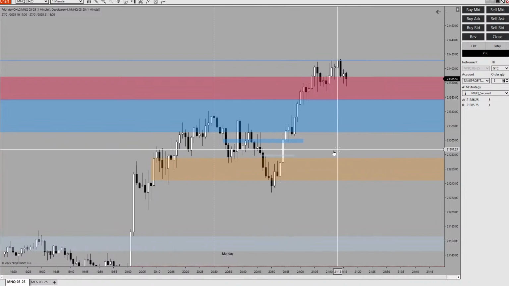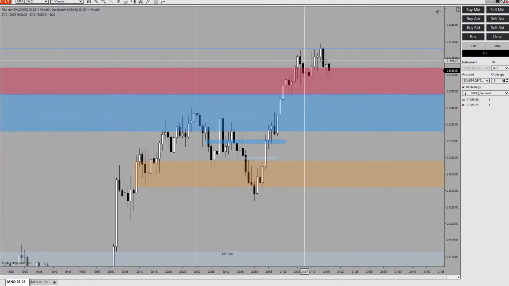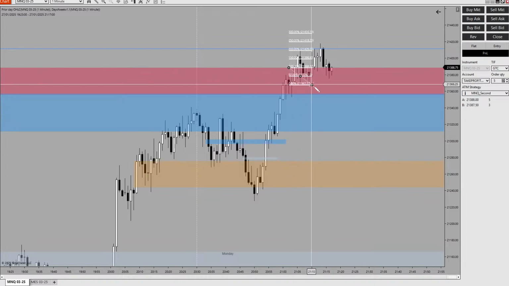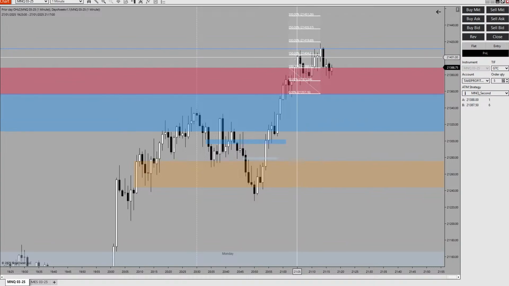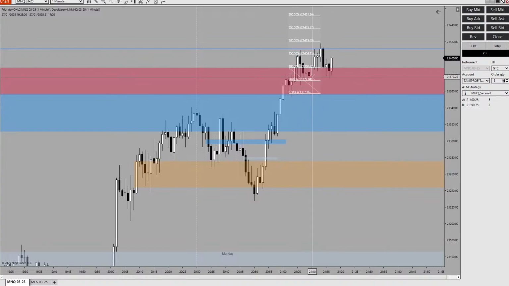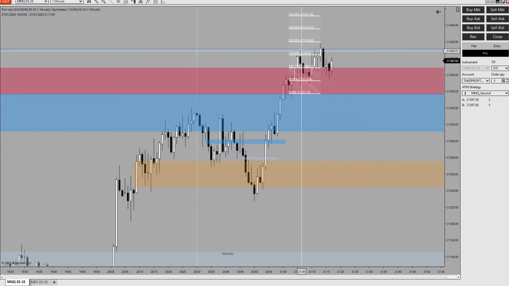You can see I also indicated that this red belt is the balanced price range. If it has to go higher, the midpoint of it should be respected, because we have already gone through that range over here and closed above it. When it is returning back down, it can stab below that midpoint, but I want to see those bodies respecting it. None of the bodies went below that midpoint, and you can see the price was delivered above this high into this buy side liquidity.